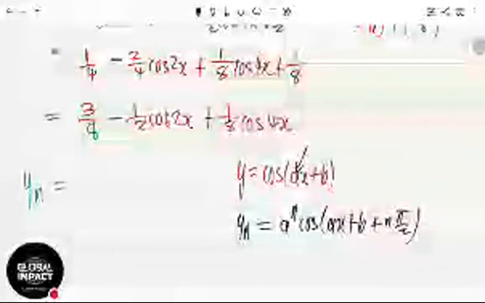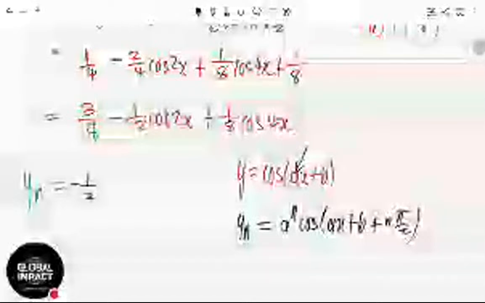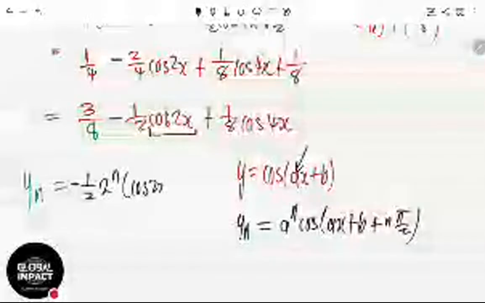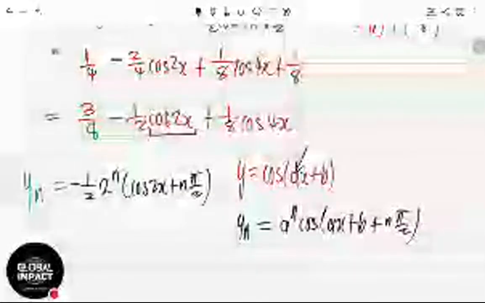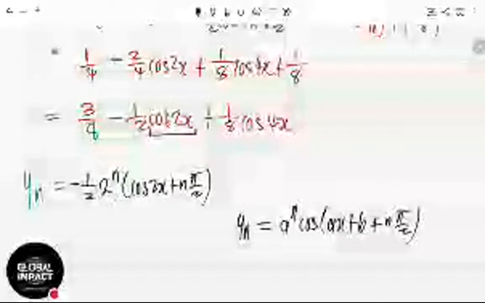So a is what? The number before x. You hear me? So here, what will I now do? This is a number which is adding or subtracting. It's going to disappear. A number which multiplies never goes anywhere. So I still have negative half. Then I do my nth derivative. What's the derivative of cos 2x? 2 to the n cos of 2x plus n pi over 2. I hope you saw that. I hope you know that. It comes back, but it now has n pi over 2. But then the number before x, you put it as a to the n.